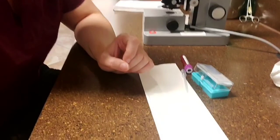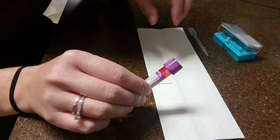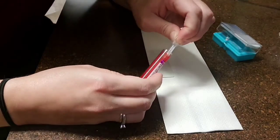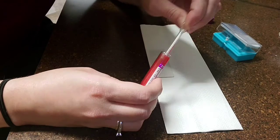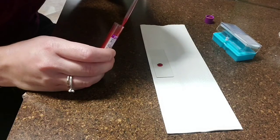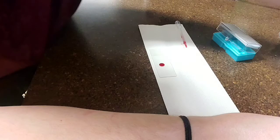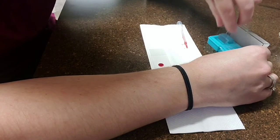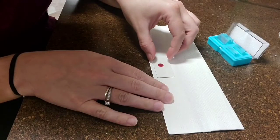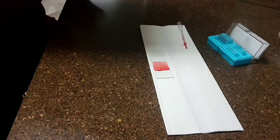All right, in hopes that you can sort of see what I'm doing here. All right, well that is really far, but we'll work with it. So we're going to take our sample here, pop the top off. I just need one drop of blood, and I'm just going to place it onto my slide like so. Go ahead and put this back together. Maybe not fill our whole sample. And then I am going to take one of my cover slides here, and I'm just going to place that down onto my slide,